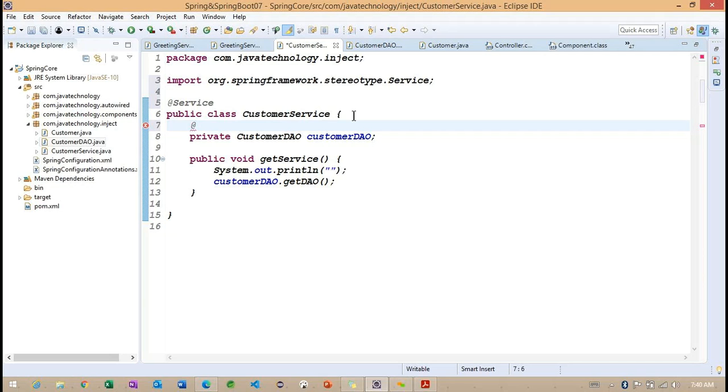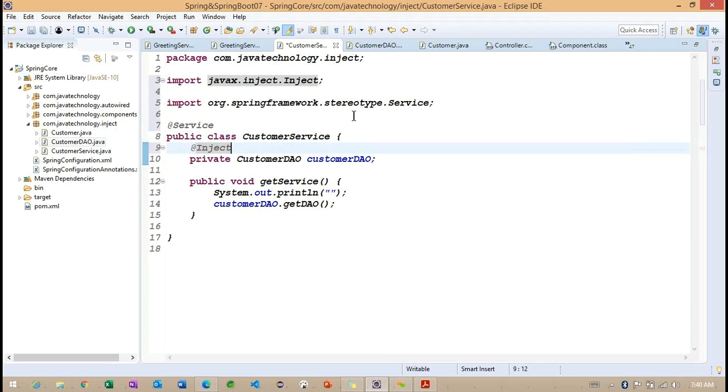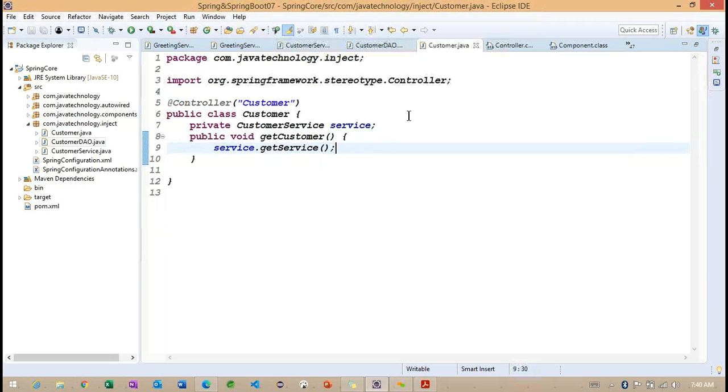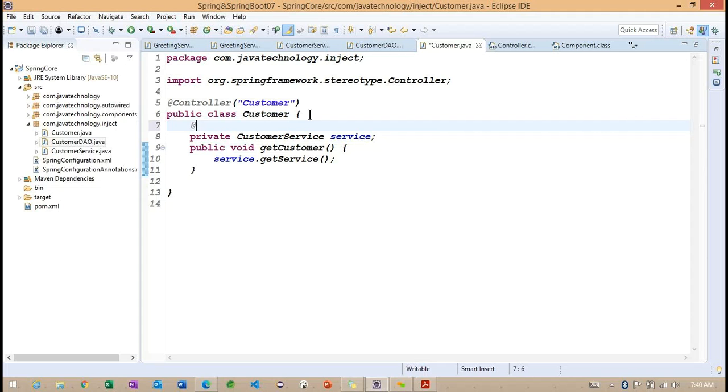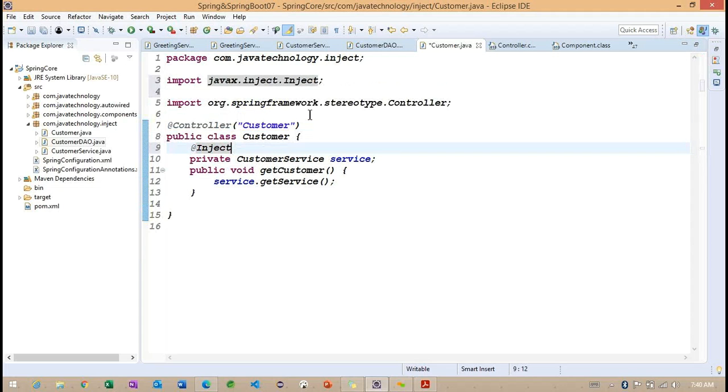So first we are working on the Spring stereotype annotations, and later we are working on this other one. Which annotation? JSR 330. What is the annotation we want to work with here? Something called inject. This particular inject is going to work as the autowire functionality. And later here also I want to specify the same annotation, inject. Now we specified all the configuration and every piece of information here.